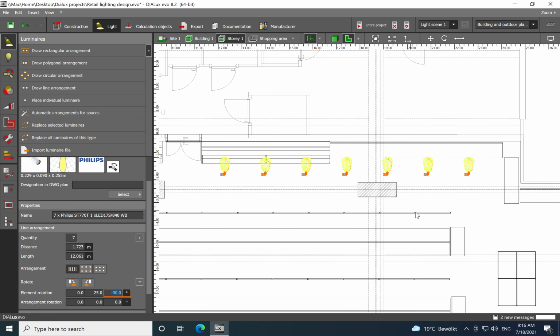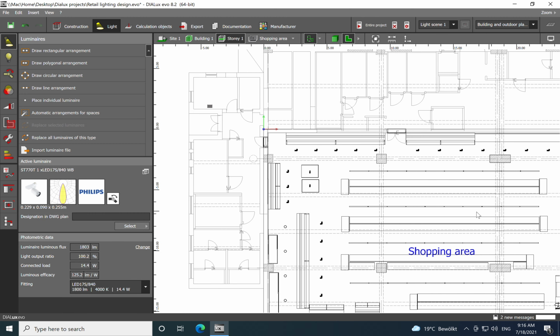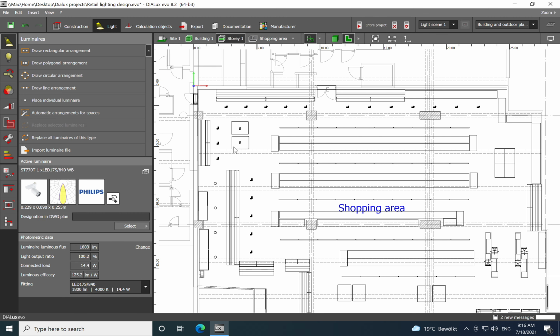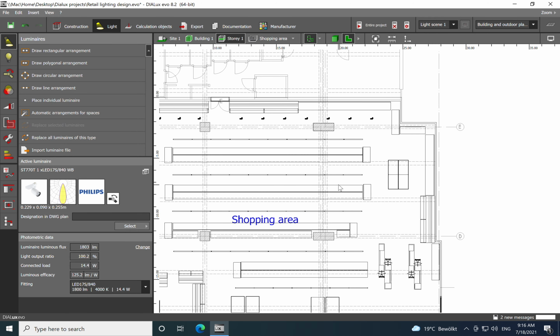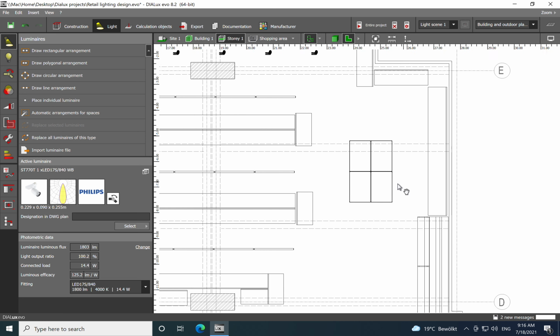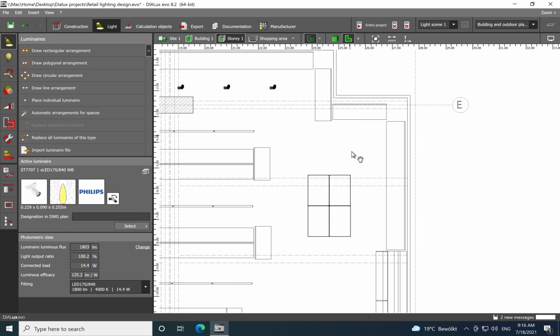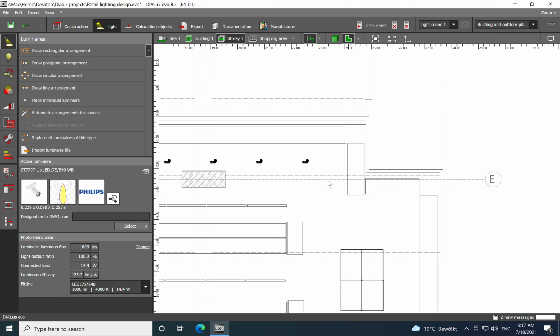I would say after you know the luminaires which you want to use, and you just add them into the space, then you do a lot of fine tuning, and then you have a clear picture